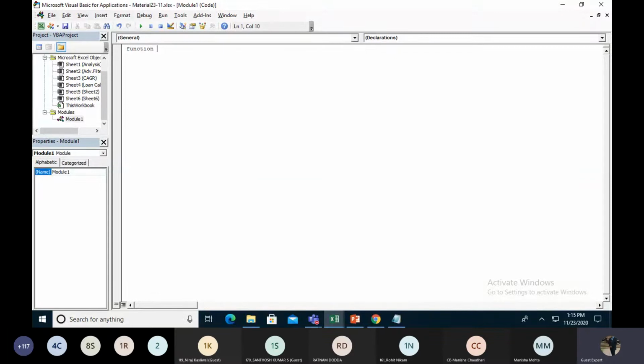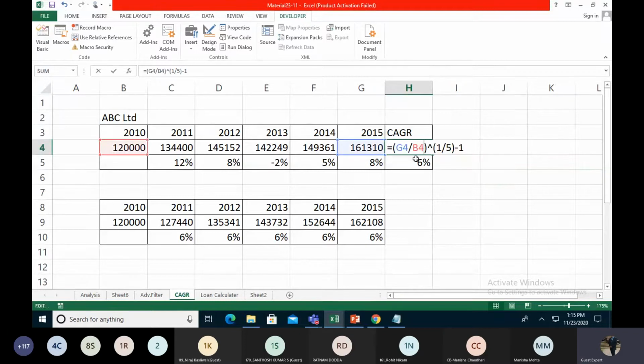There is no such formula in my Excel sheet right now, so we create our own CAGR formula. CAGR, opening bracket, closing bracket, and enter. This is the formula: the closing balance divided by the opening balance, power 1 divided by how many years we take.